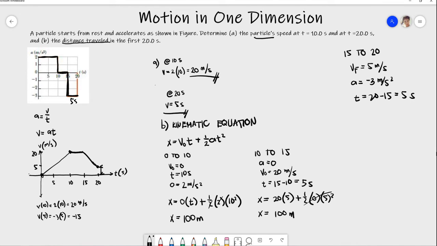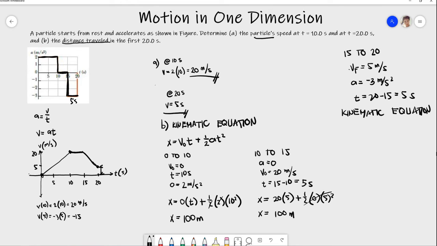Okay, and then from here, since we'll be using the final velocity, the kinematic equation that we'll be using here is